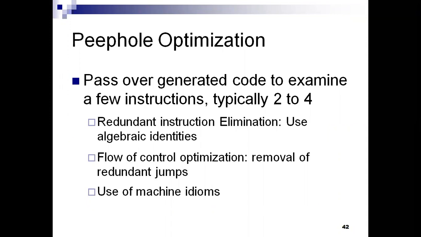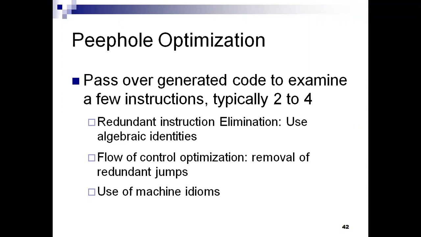Before that, you need to know the definition of peephole optimization. What is peephole optimization? Peephole optimization is a simple and effective technique for local improvement of the target code, as opposed to global operation. This technique is applied to improve the performance of the target code just by examining short sequences of target instructions, and those are replaced by shorter or faster sequences. This can be called the definition of peephole optimization.